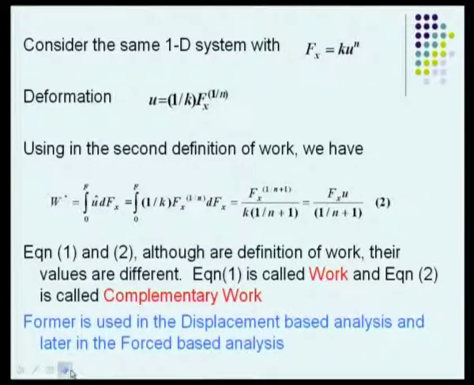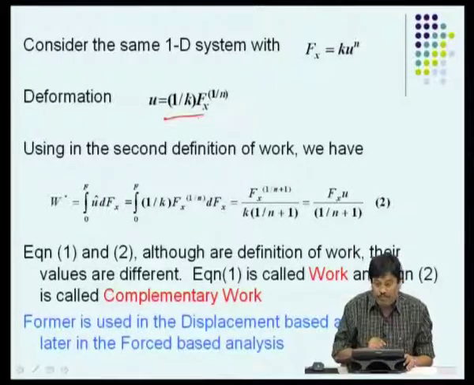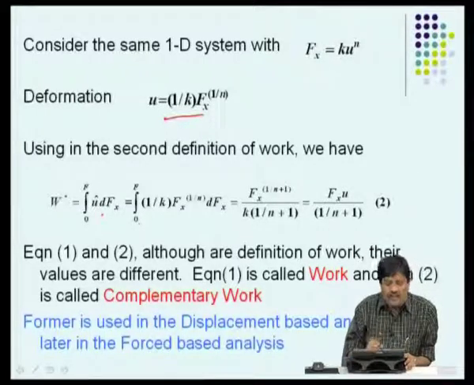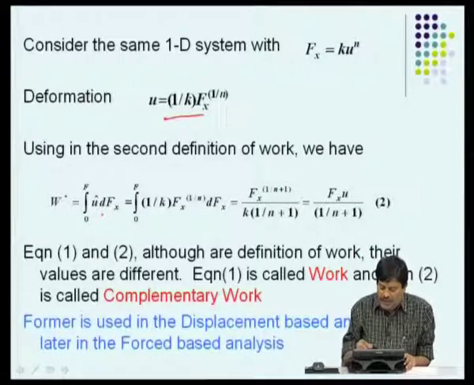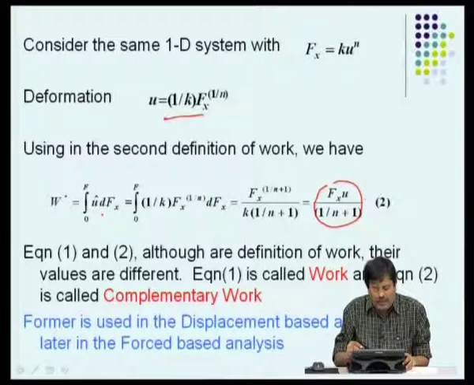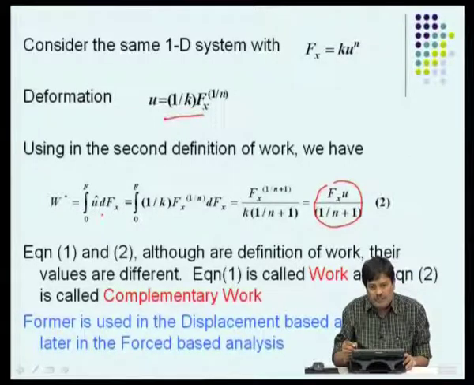We will consider the same system, Fx equal to k into u^n. Since we are varying f, we have to express u in terms of f. So, we will rewrite this equation in this form. When we do that and plug this equation into the integral and integrate from 0 to f, we will get a new equation which can be written in this form. Note that when n equal to 1, the W star based on force is equal to the W based on displacement, whenever the force relation is linear. When the force relation is non-linear, these two values W and W star are totally different.